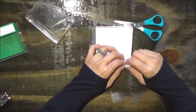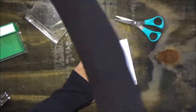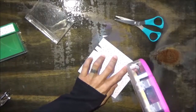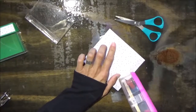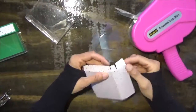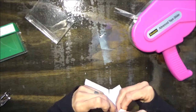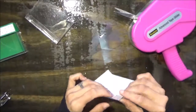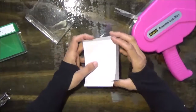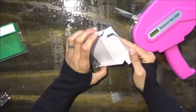So this is going to fold over like this. The only adhesive we have to worry about is on these small flaps. So I'm going to hit those small flaps with some adhesive. Take our top flap here and just match up our score lines like that. Match up the edge to the score line. Okay. And basically all you're doing is, like I said, you're just shoving this in there,